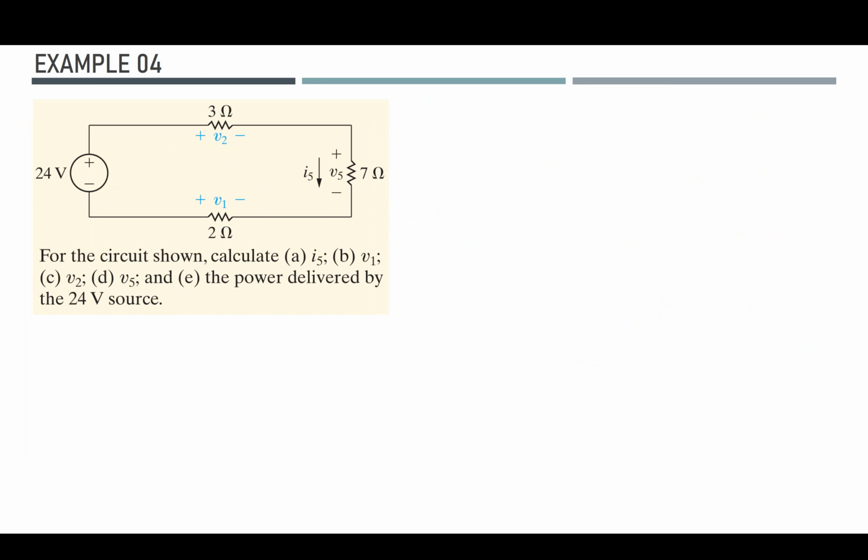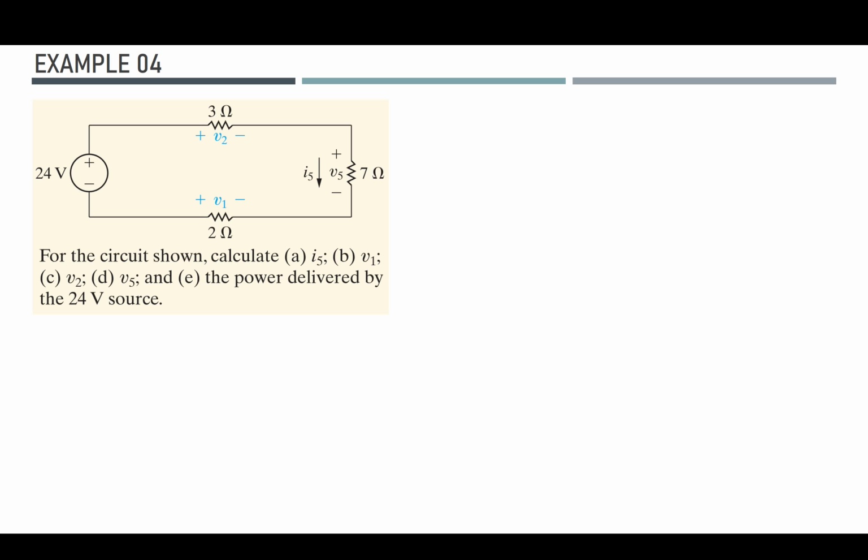So in example 4, we have a circuit given, and for this circuit we are supposed to calculate I5, V1, V2, V5, and the power delivered by the 24 volt source. We have one independent voltage source, and we have a big loop that consists of 3 circuit elements, 3 resistors. So in this particular case, we can actually easily